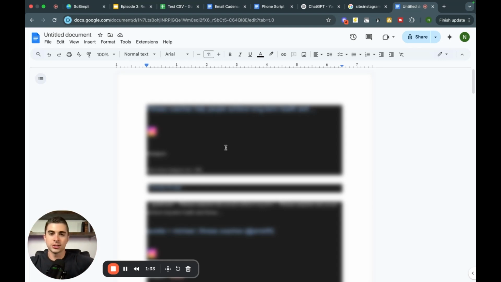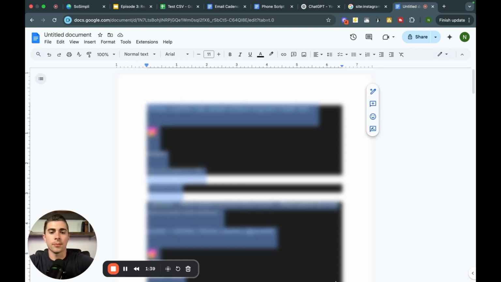So you can put it right into ChatGPT, and if that worked for you, great. But if you're having trouble, go ahead and do this. So I'm going to go ahead and take this and copy it. And I'm going to head over to ChatGPT and paste it in there.